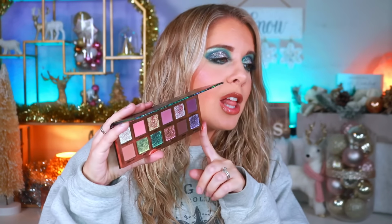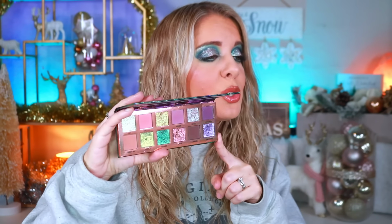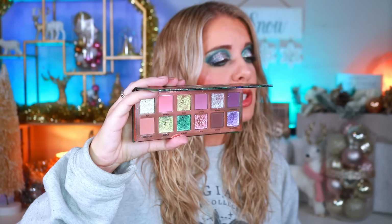And I just love the magical element of this. I love the way that each shade complements each other. You can use this as an everyday palette if you so choose, or you have pops of colors in here as well. And I just really thoroughly enjoyed playing with this palette,